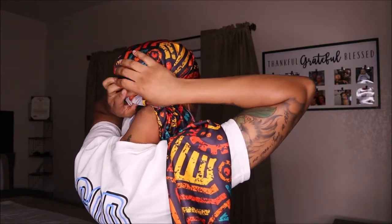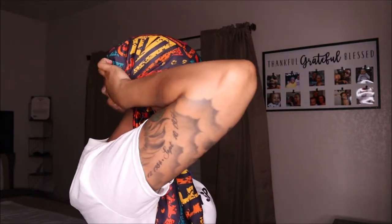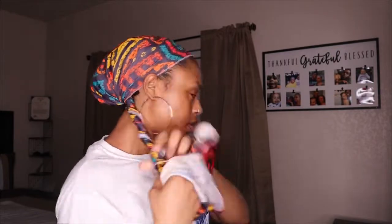I'm gonna try, this one's a little short, and that's another thing I want to mention. You saw it was like a rectangle shape. Try to get a bit of a longer rectangle, not so skinny, because that will help wrap your hair so much better, because all the tucking and stuff I be having to do is annoying sometimes. So I recommend getting a thicker type of scarf. But then I just wrap this around, twirl it like so,